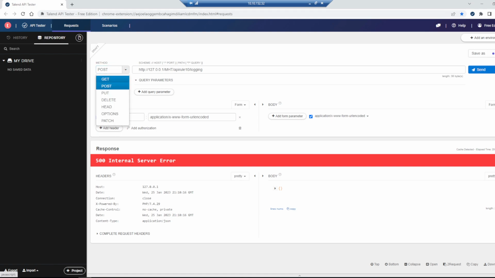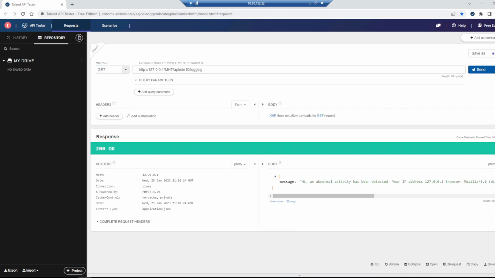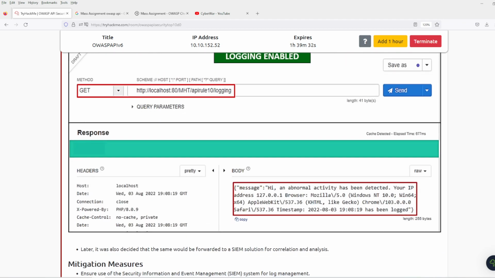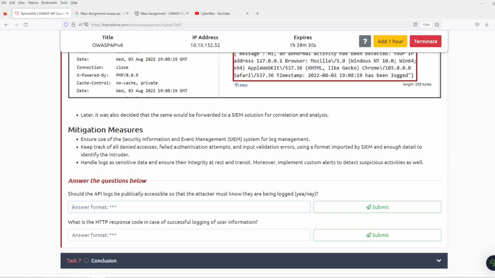I need to send a GET request. Okay, so what they are saying here is that API calls should also be logged,